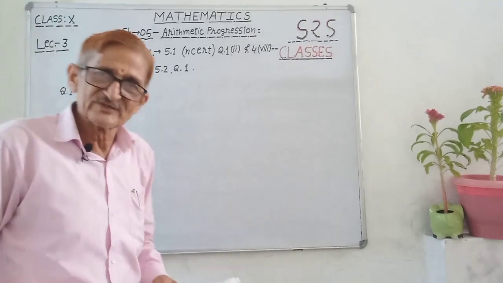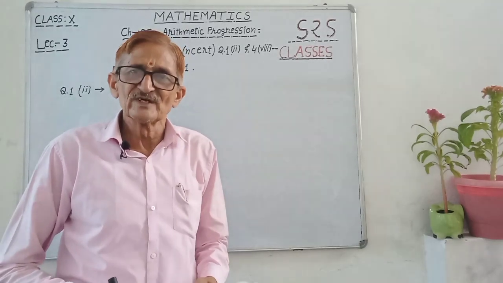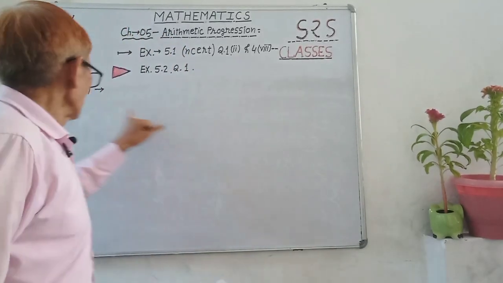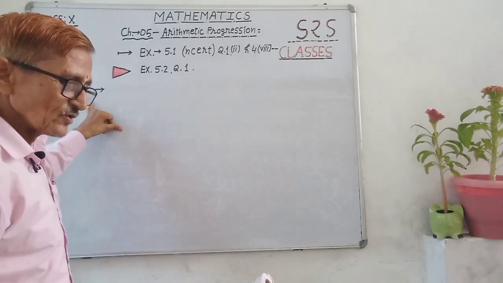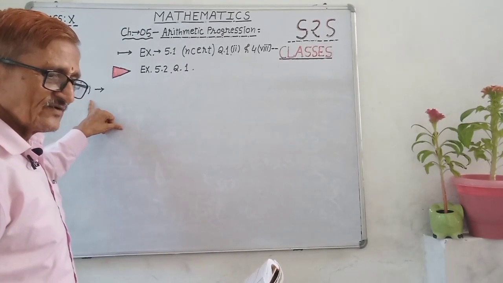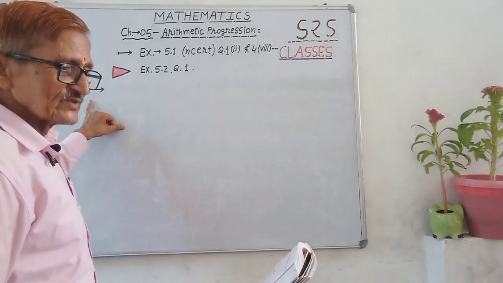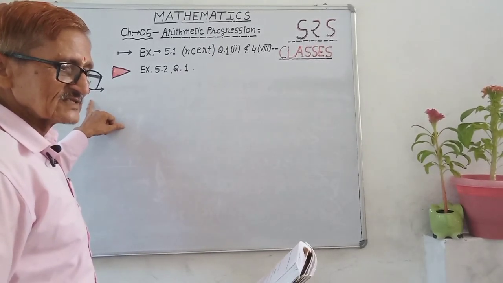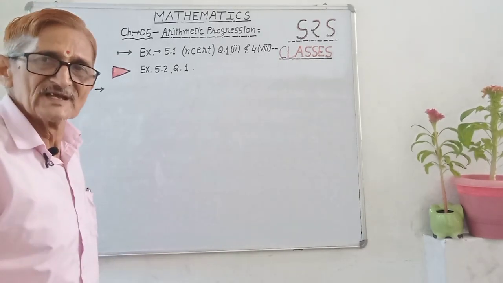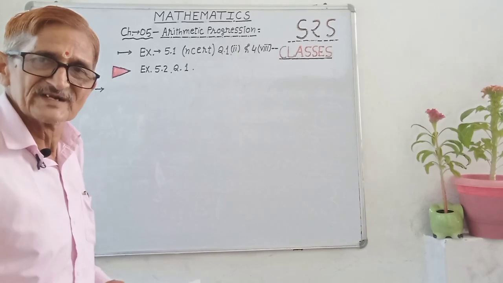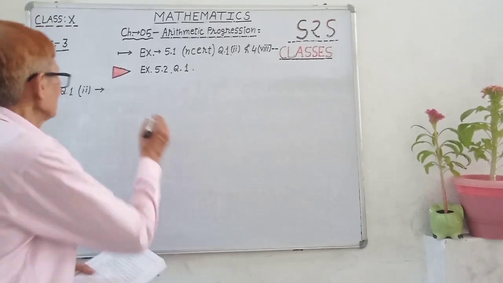Now question 1 second part. So what is the second part? The amount of air present in a cylinder when a vacuum pump removes 1/4 of the air remaining in the cylinder at a time. 1/4 of the remaining remove करते रहे, only 1/4 remove नहीं किया every time. 1/4 of the remaining, ये important है इसमें।